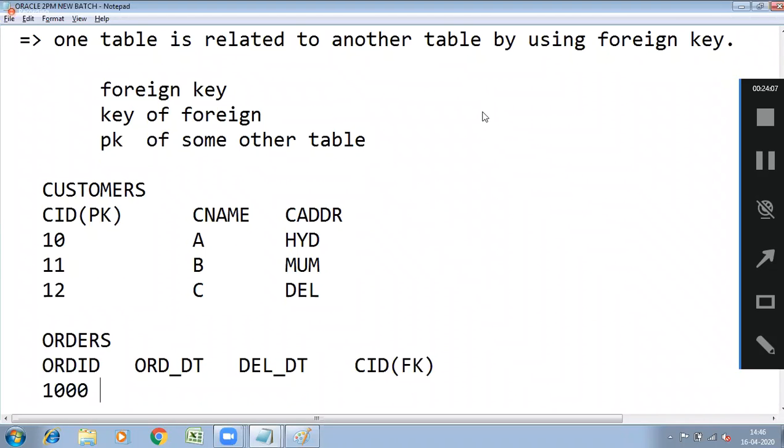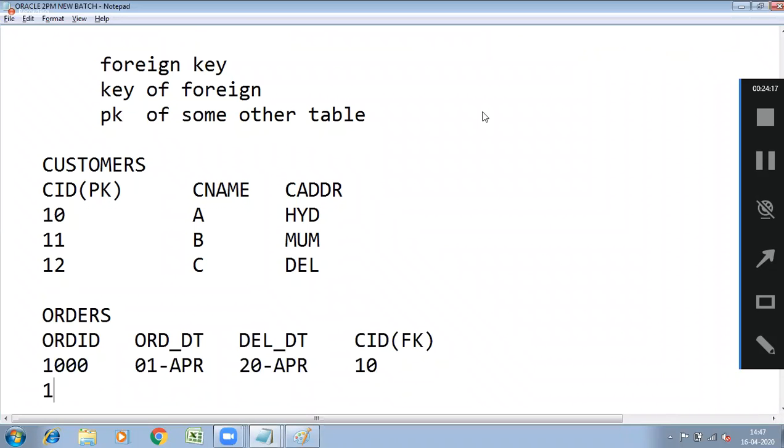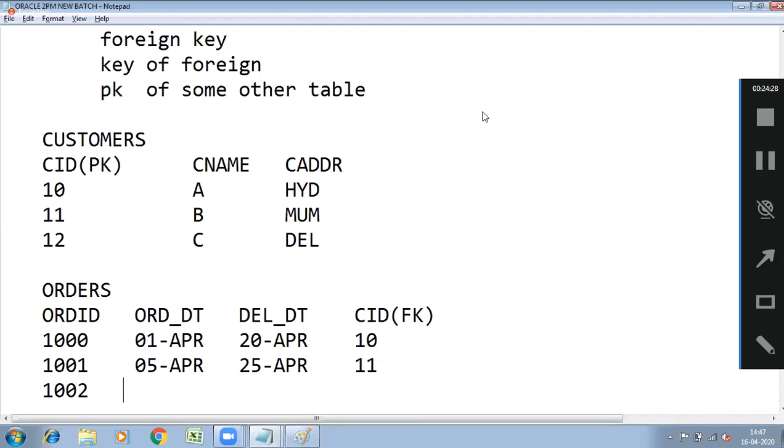Order ID 1000, order date 1st April, delivery date 20th April, to be delivered to customer 10. Next 1001, 5th April, 25th April, customer 11. Then 1002, 10th April, 30th April, customer 12.